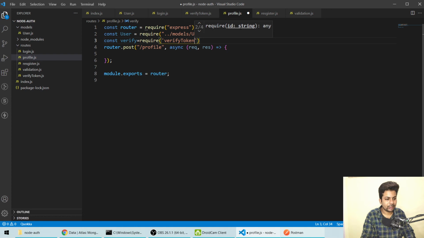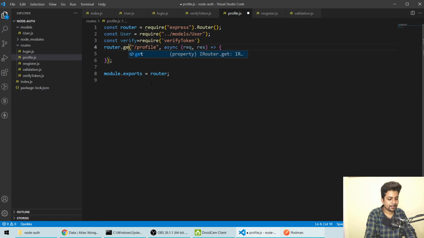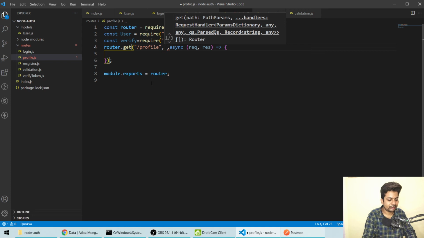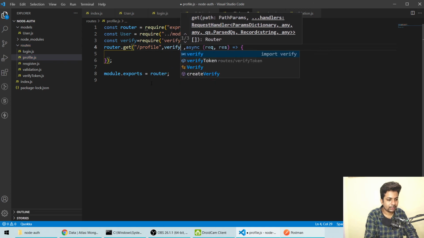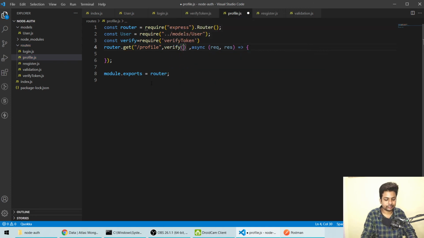Okay, and it should be a get, we'll make a get request here. Okay, get, and we'll add that middleware here as verify. So what I'm doing is, whenever someone hits this profile URL, we'll go to the verify page and